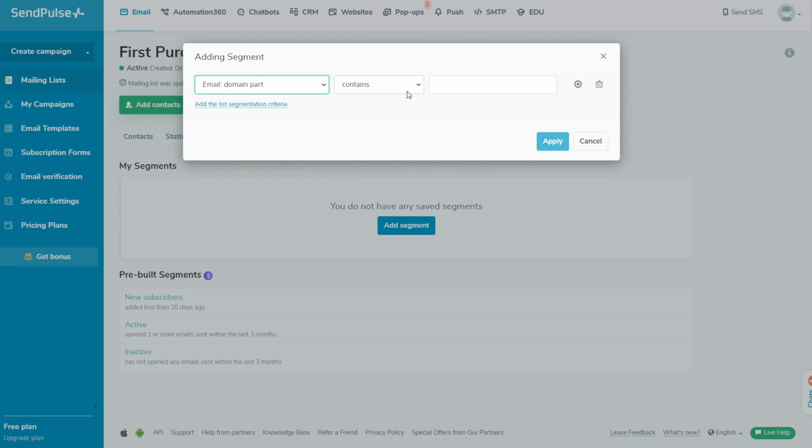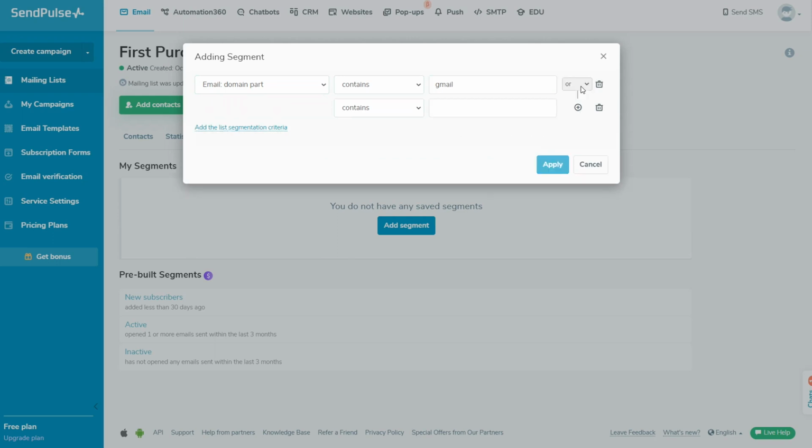You will find more details about each segment type and filtering condition by clicking the link in the lesson description. You can add another condition for the selected segment type by clicking on the plus and selecting the AND or OR operator. Use the AND operator to strictly account for the first and second conditions. If one of the conditions is not met, the selected contacts won't appear in the segment. The OR operator matches the first or second condition.